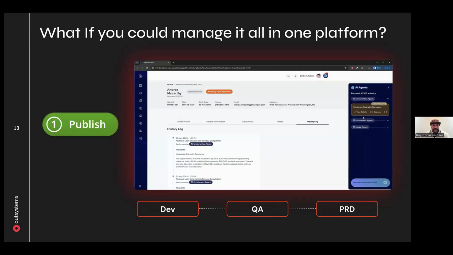So it's just like I said, whether it's going from development to production, you can do that with one click of a button. And this is what we are basically delivering to the organizations out there.